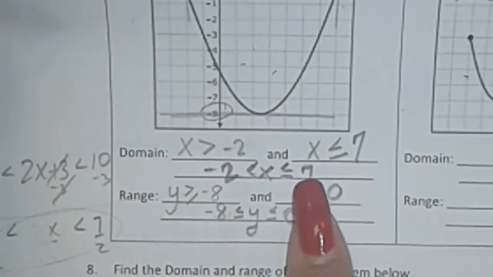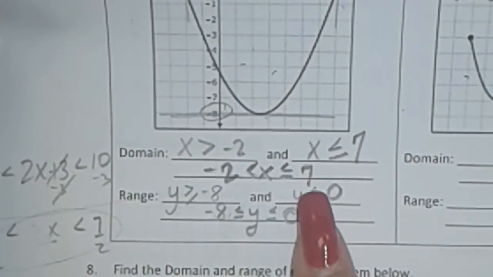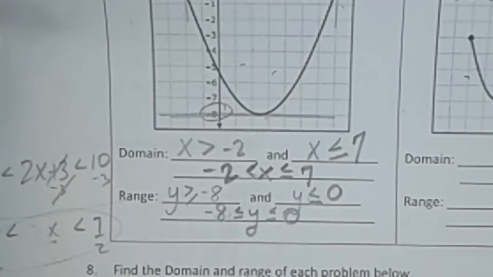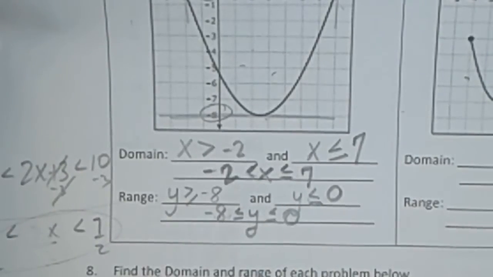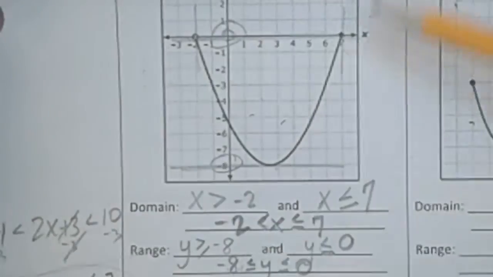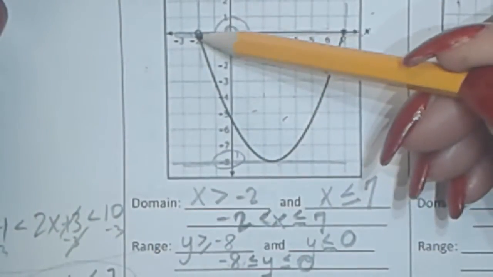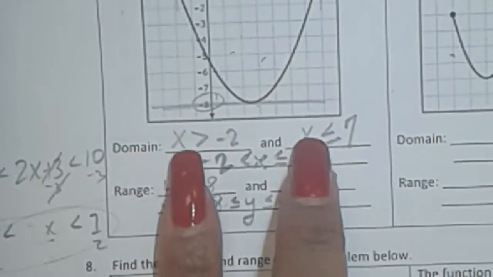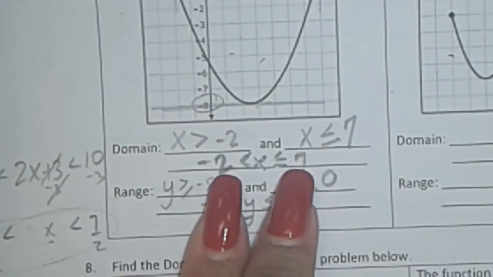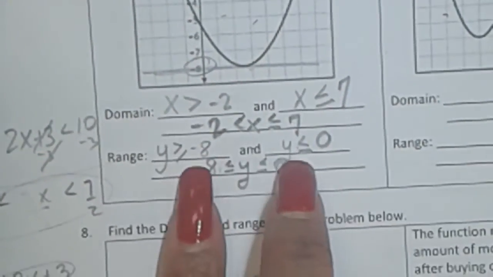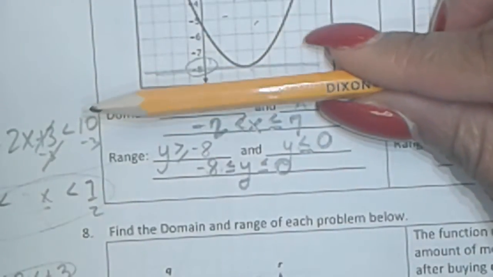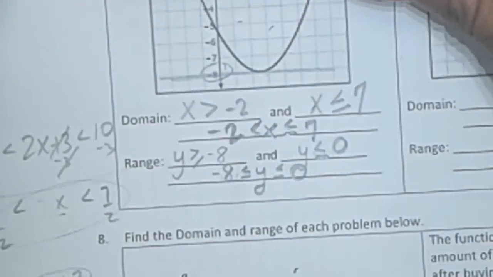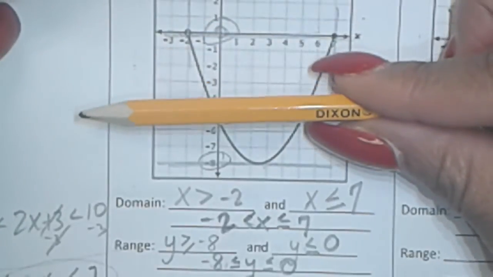And if you need help on that, or if that was something that your teacher was waiting for next semester to go over, they can go over it then. For everyone else, just remember, from negative 2, I'm getting bigger. From 7, I'm getting smaller. Write it this way, and that means this. For the range, I am growing from negative 8, but from 0 I am decreasing. So bigger